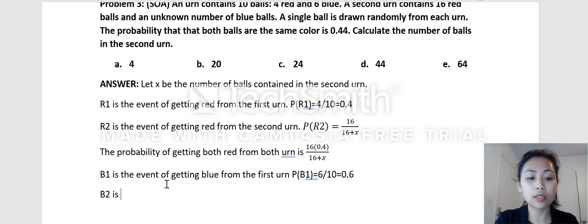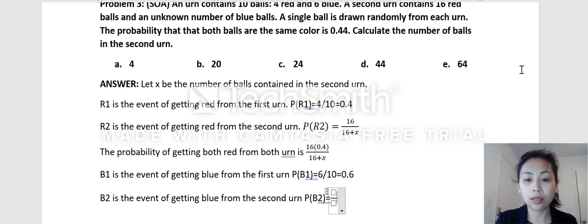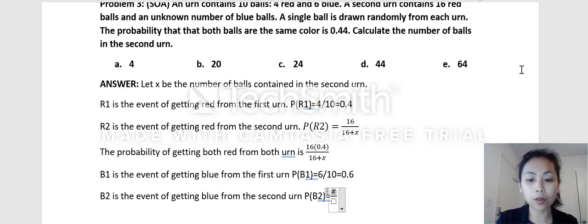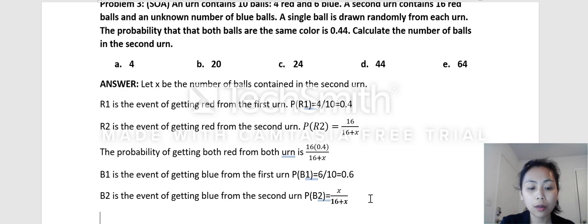And B2 is the event of getting blue from, I'm sorry, the second urn. So we have probability of B2 is what? In the second urn we have X blue balls, so X over 16 plus X. You see that? So from here we have the probability